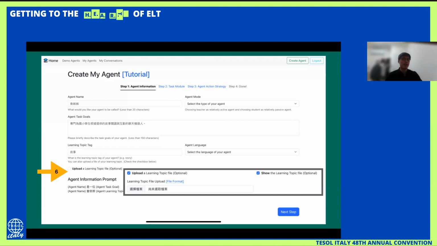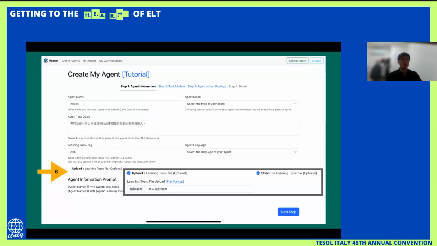What if you don't have any article to share or upload? Don't worry. While you are setting the agent text goals and the learning topic tag, this agent will understand what you're trying to do, so it will generate some possible articles for you if you don't have any to upload.